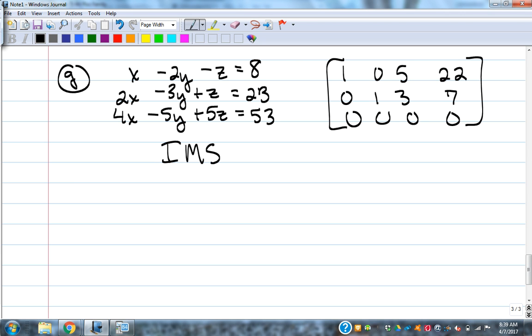What's the other word for infinitely many? Consistent and dependent if it's infinitely many. Independent if it's only one solution. Now, again, remember, we're going to take this one step further than you did in Algebra 2 or Algebra 1. We're going to write our answers in the form